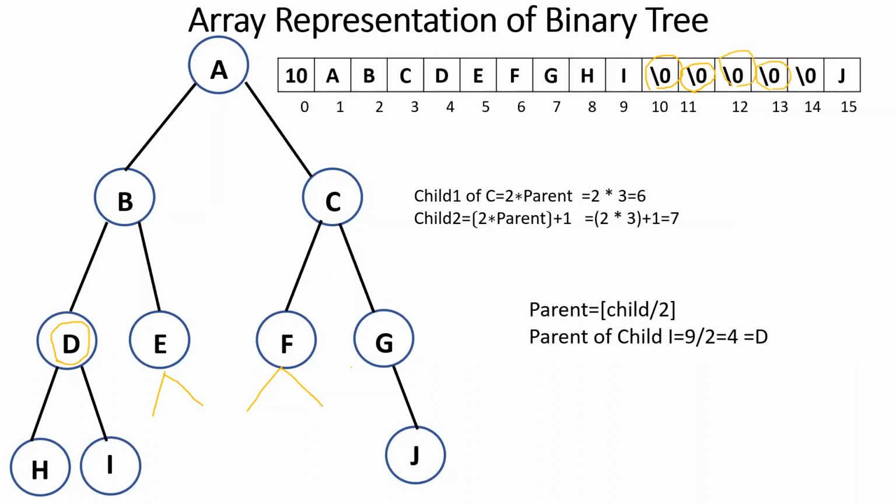And then G has only 1 child node. As it is shown as a right child, we are inserting a null for the left child, and the one which is there we are inserting as the last element, at the last index. Is it clear? So wherever child nodes are absent, we have to insert null. Are you able to understand?